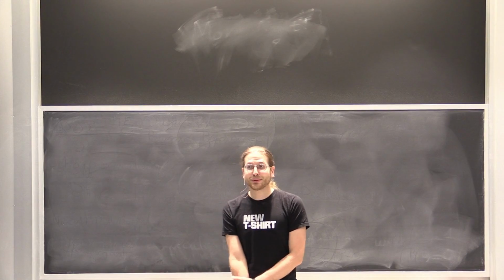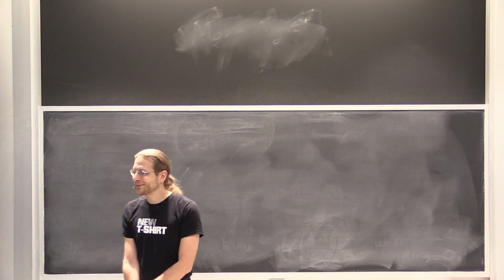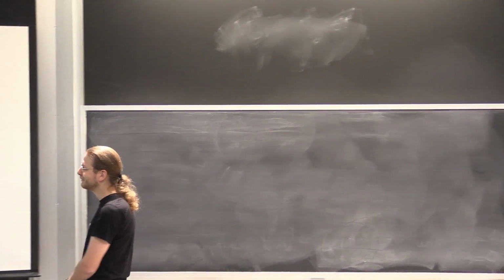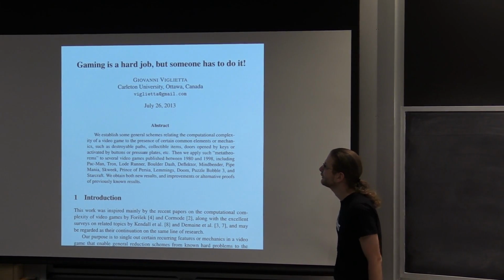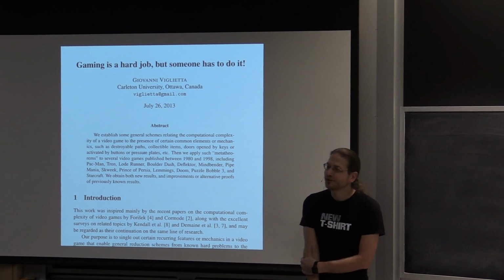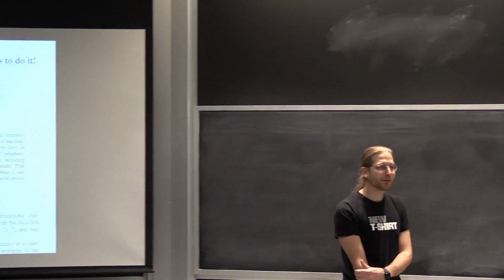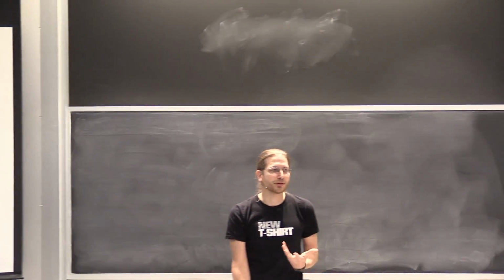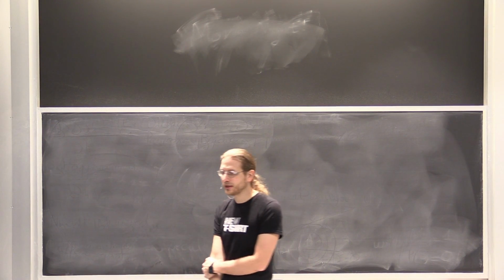All right, today we go back to fun with hardness proofs in games. It's been a while since we've done many games and puzzles, so today we're going to talk mostly about this one paper, which has a ton of results in it, by Giovanni Viglietta. Gaming's a hard job, but someone has to do it. What's particularly cool about this paper is it shows a bunch of metatheorems, which you can think of as general techniques for proving hardness. And I'm going to talk about